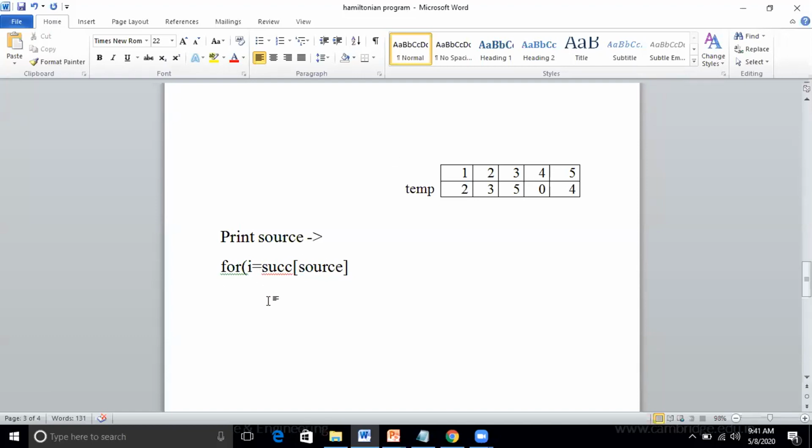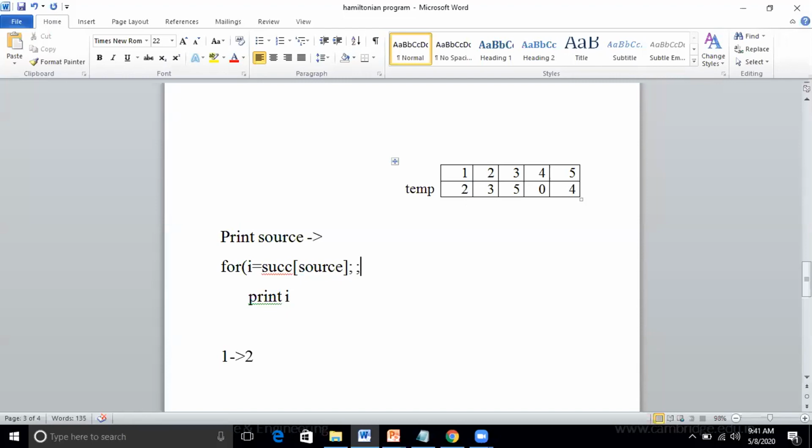Now, what I'll do, I will print I. So, according to this, one arrow mark. Now, it will print I, which means it will print 2. Correct? Yes or no, students? Yes, sir. Okay. Next, I should go from 1 to 2, then 2 to 3. Now, 2 will become the source, isn't it?